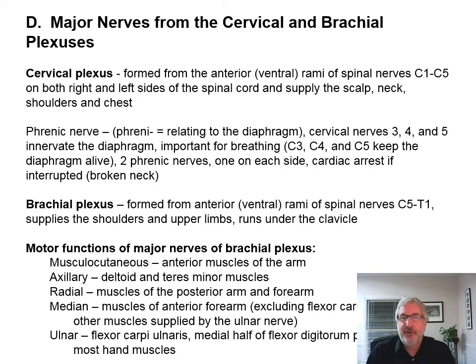So, major nerves from the cervical and the brachial plexuses. The cervical plexus comes from the anterior ventral rami of the spinal nerves. These are the motor portions of the spinal nerves, and so these are innervating